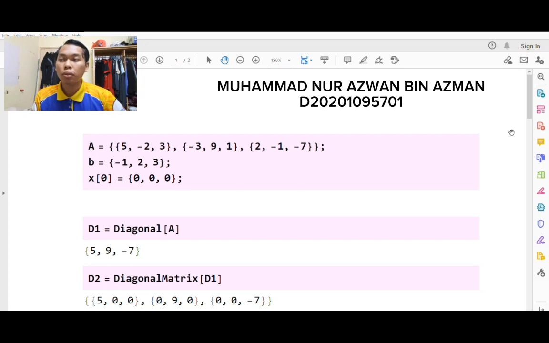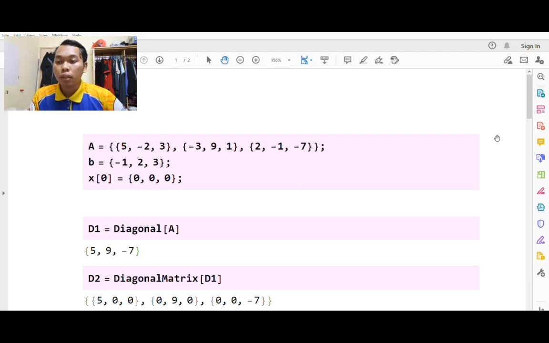For today, I would like to show all of you how to solve a problem using Mathematica and the Gauss-Seidel method. First thing first, we have the problem in linear system format, and we want to change it into matrix format. Then we insert it into Mathematica,